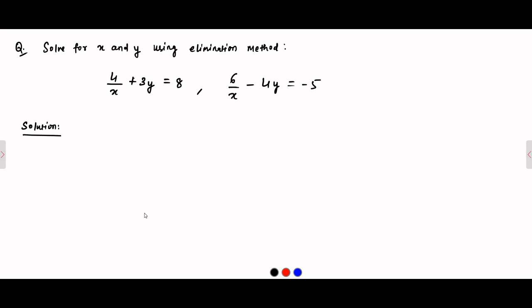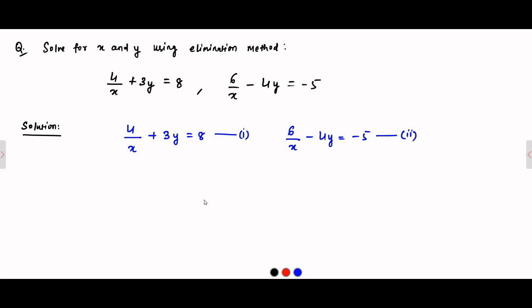So here is another question on solving linear equations in two variables using the elimination method. The equations are 4 by x plus 3y is equal to 8, 6 by x minus 4y is equal to minus 5, and we have to solve for x and y. Okay, so first we'll write the equations. 4 by x plus 3y is equal to 8, equation 1. 6 by x minus 4y is equal to minus 5,